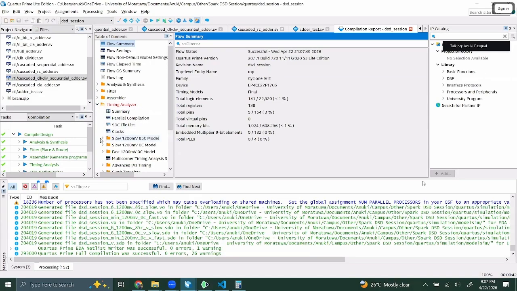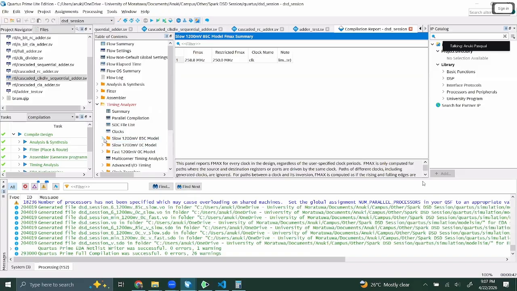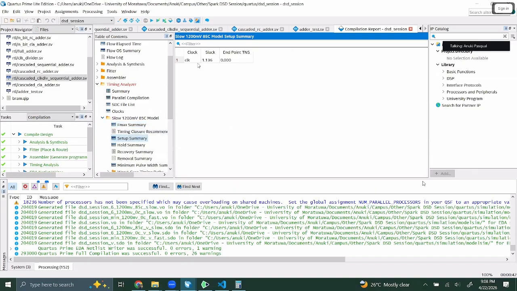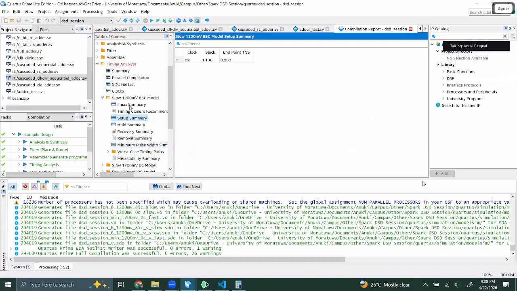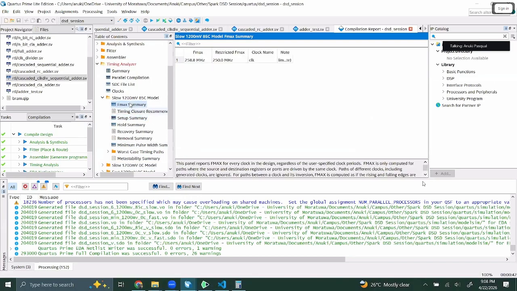In the timing analysis, these three timing analysis reports don't have the red anymore. So that means the timing has passed. And if you look at the setup summary, now the slack is positive. That means no setup violation and no hold violation. So for any of this, there are no violations. And if you look at the Fmax,